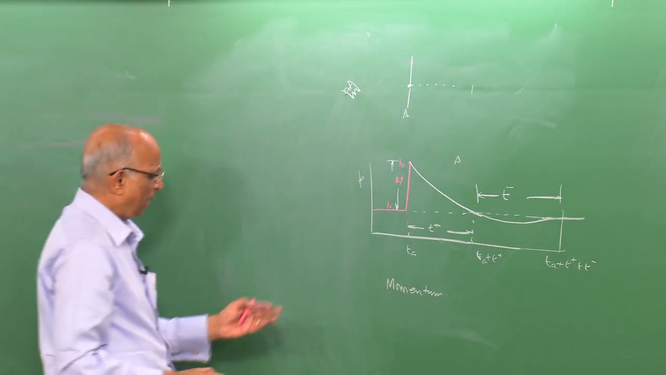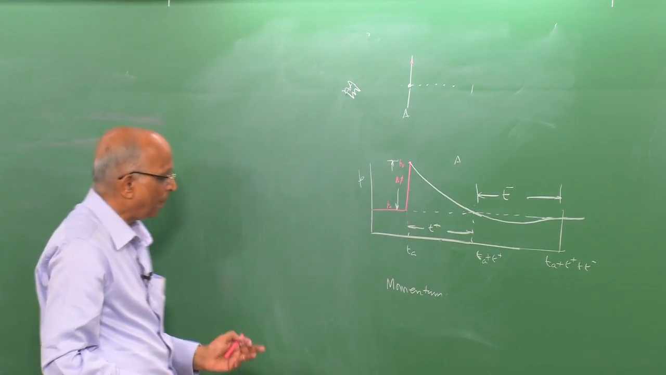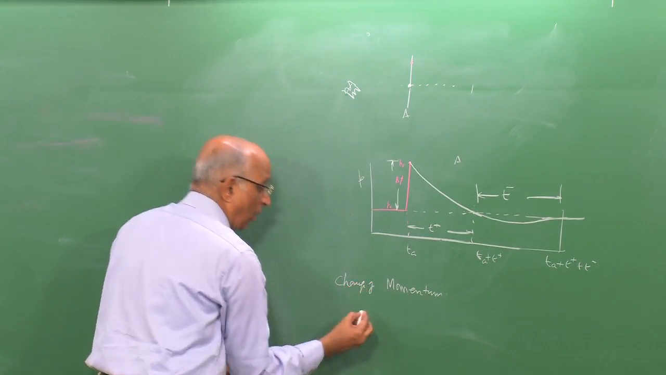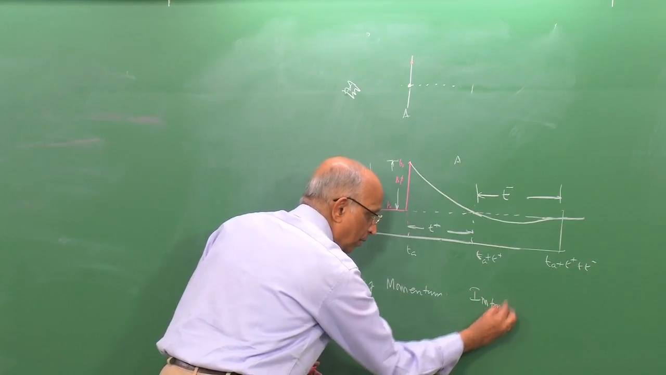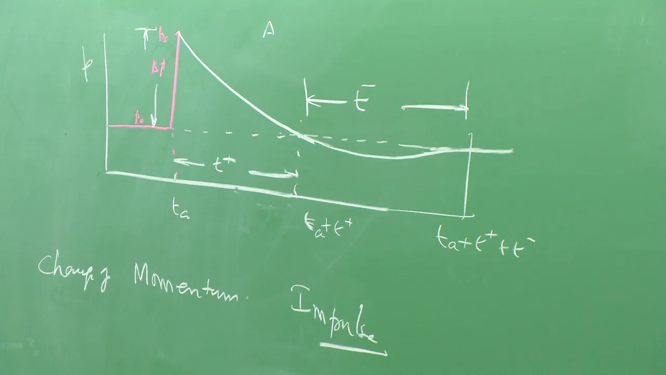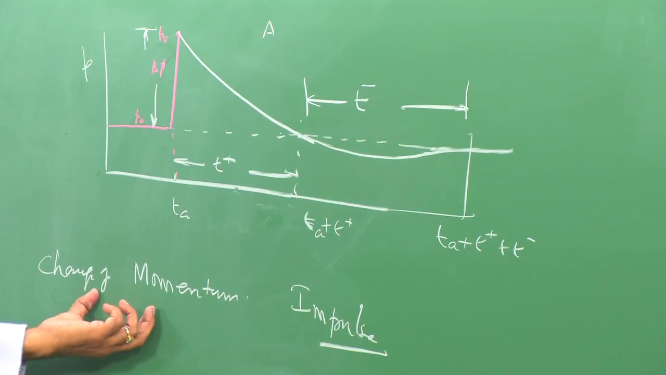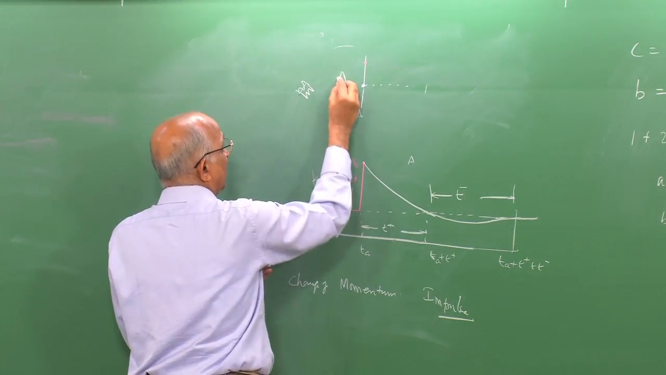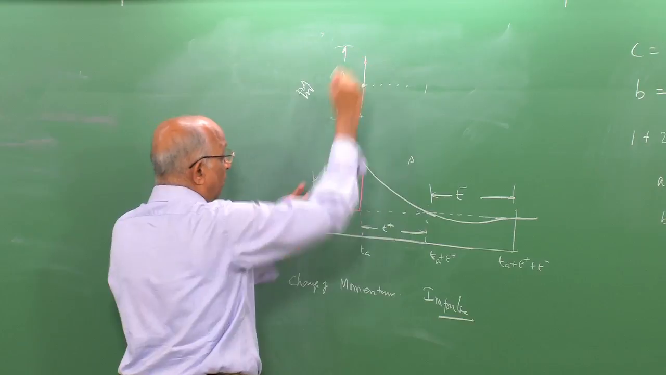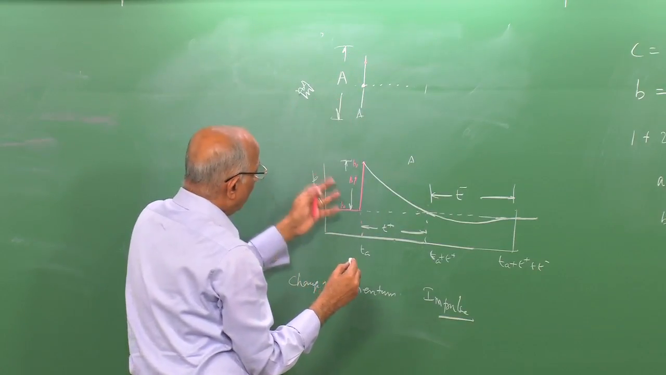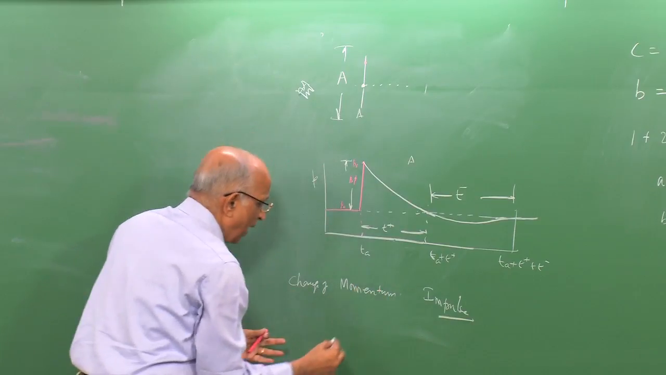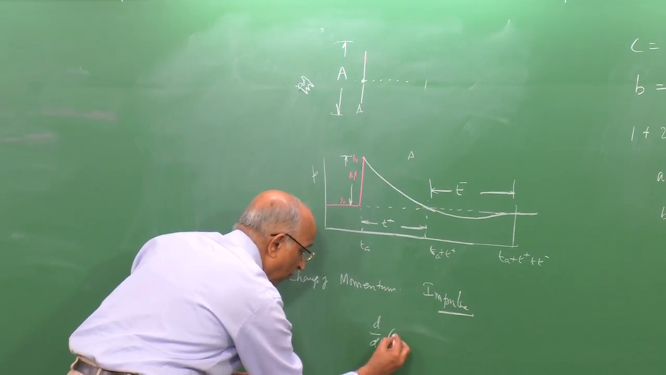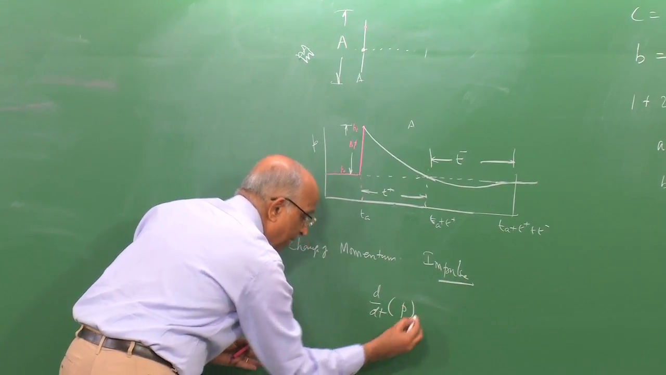We tell ourselves that I want the change in momentum due to the wind effect, and the change of momentum is what we call impulse. Impulse is change of momentum, and the rate of change of momentum is equal to force. And what is the force? If A is the frontal area, then pressure into area is equal to force, and therefore the rate of change of momentum, that is d by dt of the momentum change,